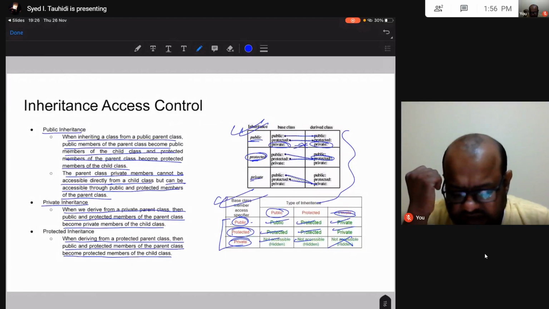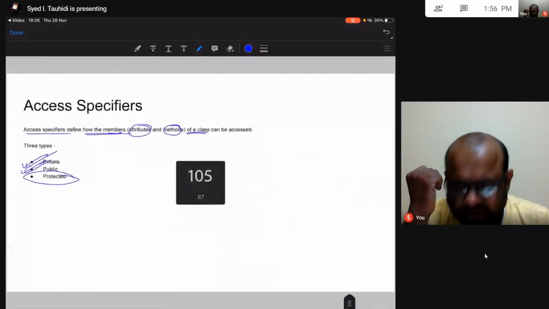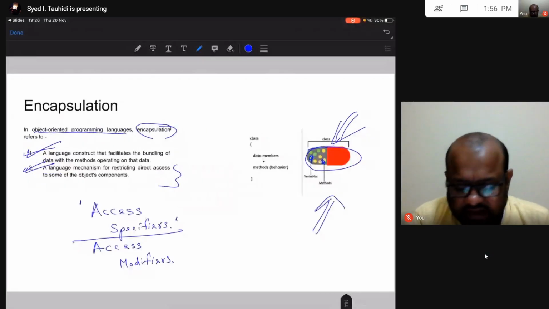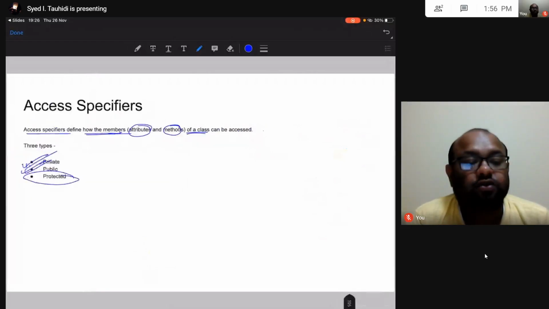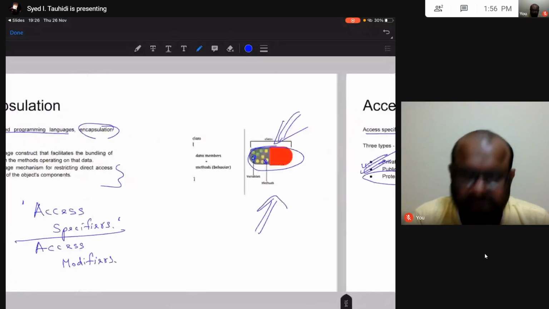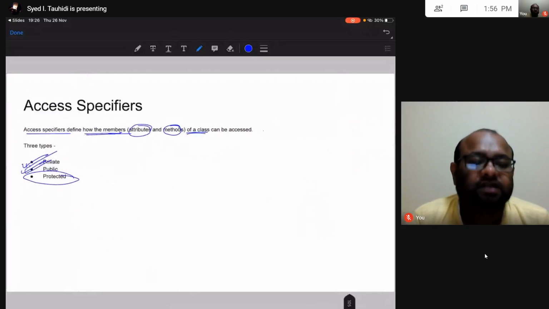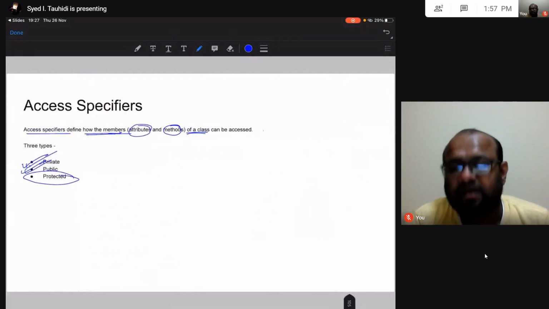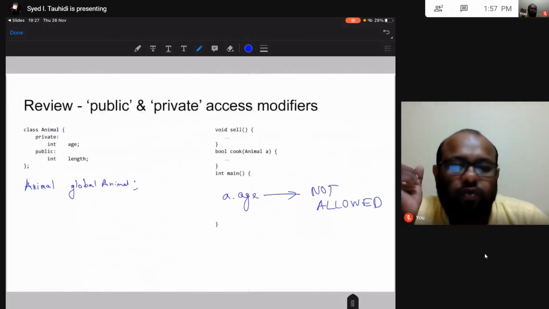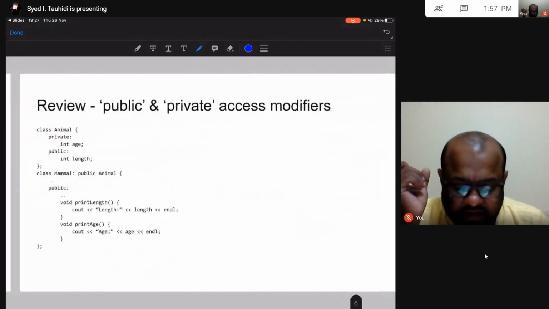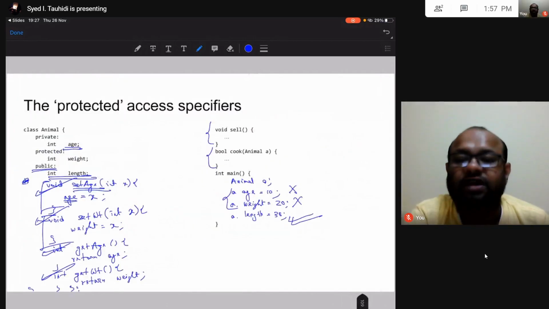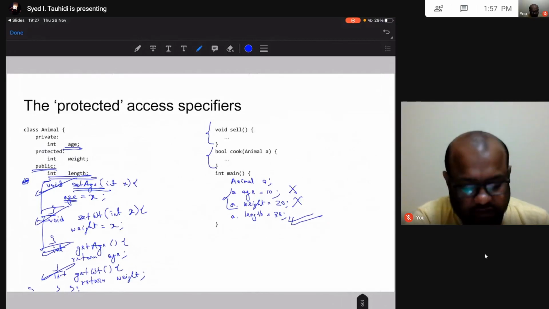Right, in today's video, we talked a little bit about the idea behind encapsulation, which we did before as well. Then we said that the second notion of encapsulation, that is data hiding, is enabled in C++ using access specifiers. There are three of them: public, private, and protected. We recalled what the public and private access modifiers are. We saw them before, and then we looked at this new access modifier, protected. We did not see this one before.